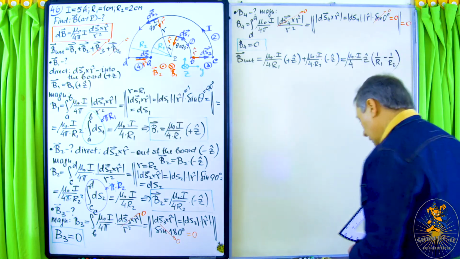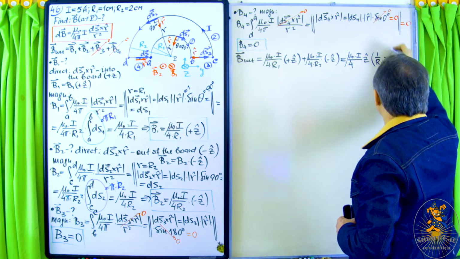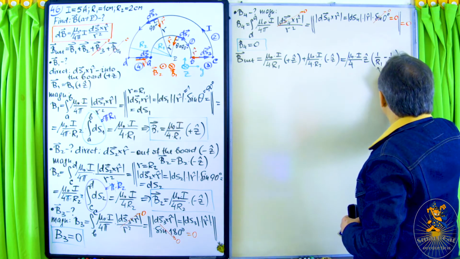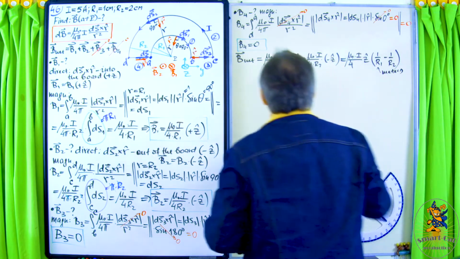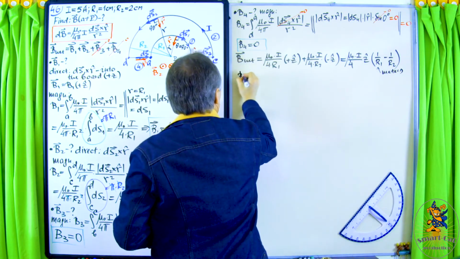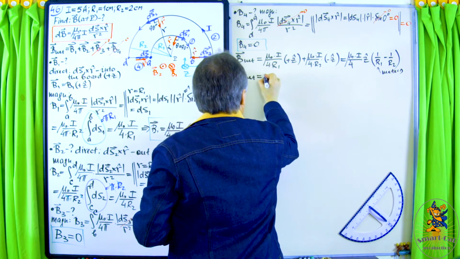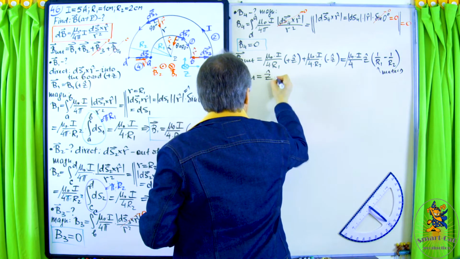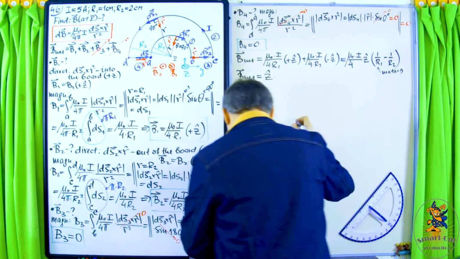Okay, so now what will be the answer? Maybe I will emphasize, these must be in meters. Don't forget. And so as a result, we can write B net will be in the positive z direction. And the answer, the absolute value is, okay,